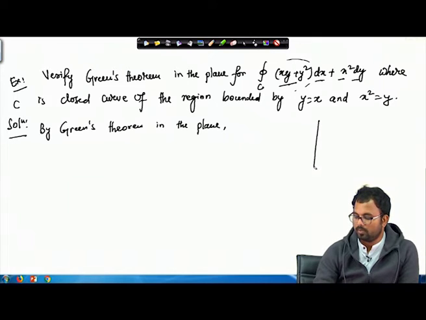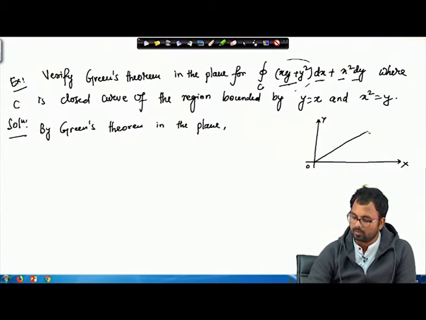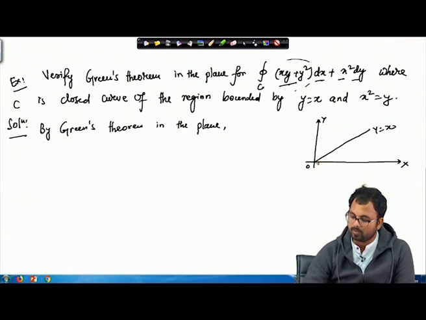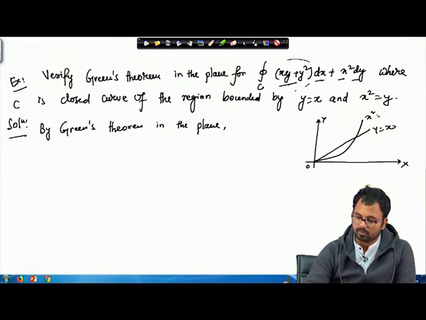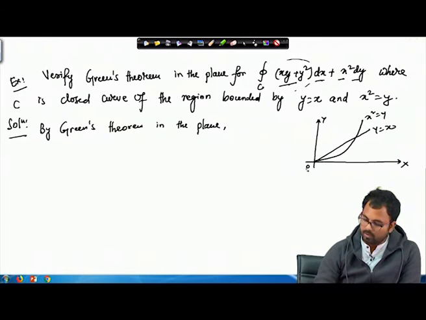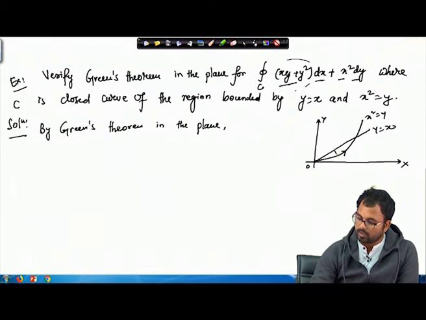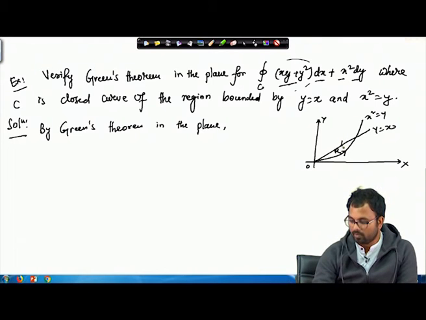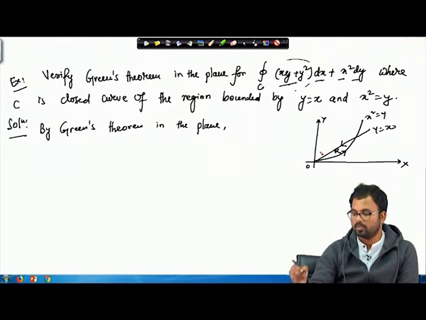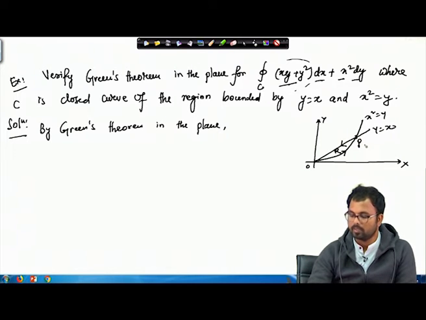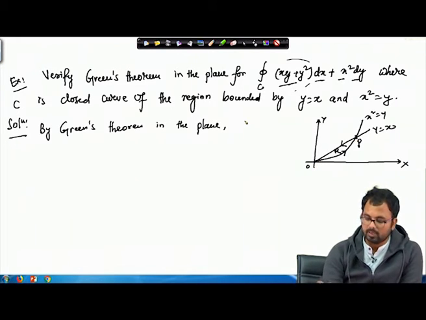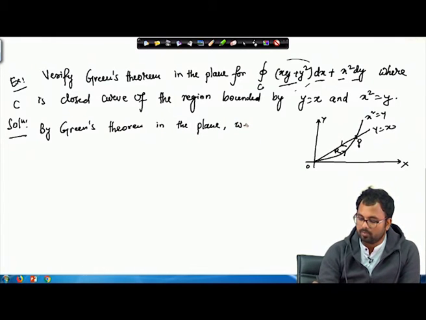what is the plane? So, we have x y. So, this is our line y equals to x and then we have a parabola x square equals to y. So, this must be our parabola. All right. So, we have to walk in such a way that the region R must be on the left hand side. So, that means we are walking in the anti-clockwise direction, and then this point of intersection, let us say P, can be obtained. So, they basically intersect at 2 points, first at origin and then the second one at P. So, by Green's theorem in plane, this we have to verify